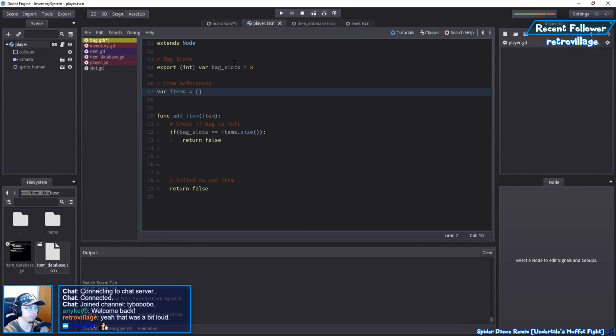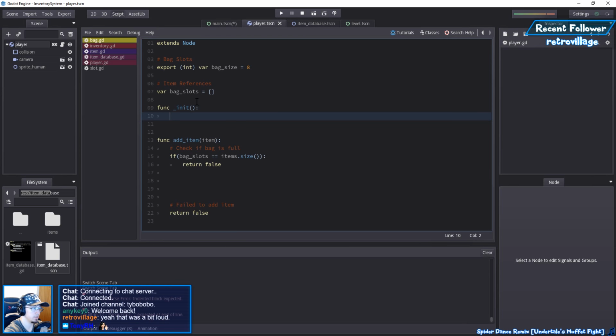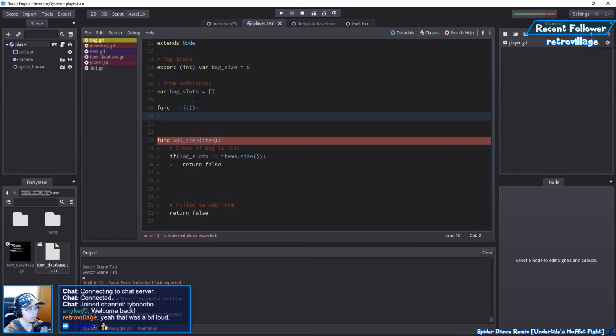Actually, hold on. Bag size, not slots. This will be bag slots, and these slots are from a range from 0 to however many you have in it. Well, 0 to 8 in our case. So I guess we can create a func init. We're going to use a dictionary, probably, maybe, and then